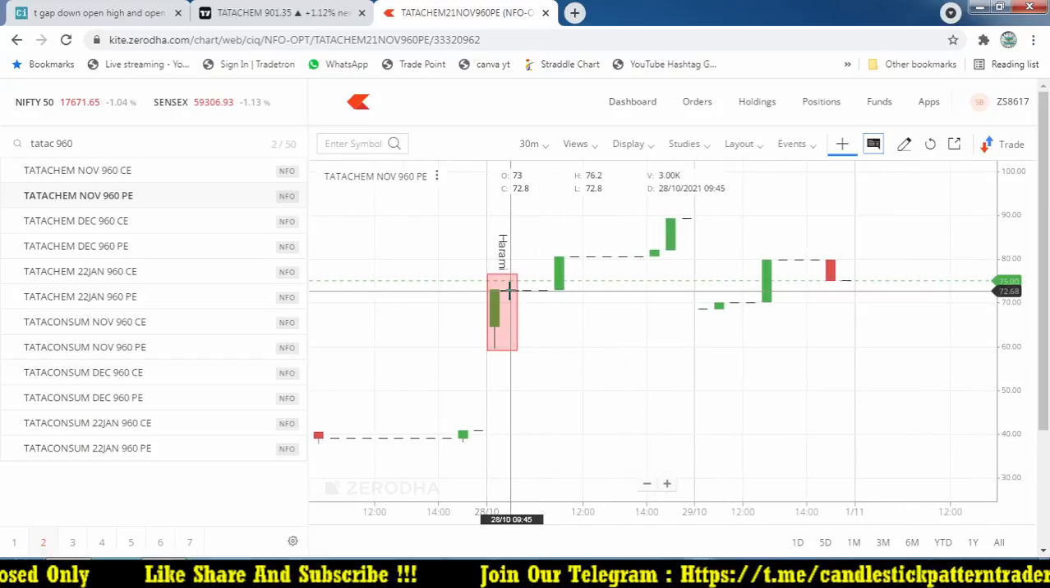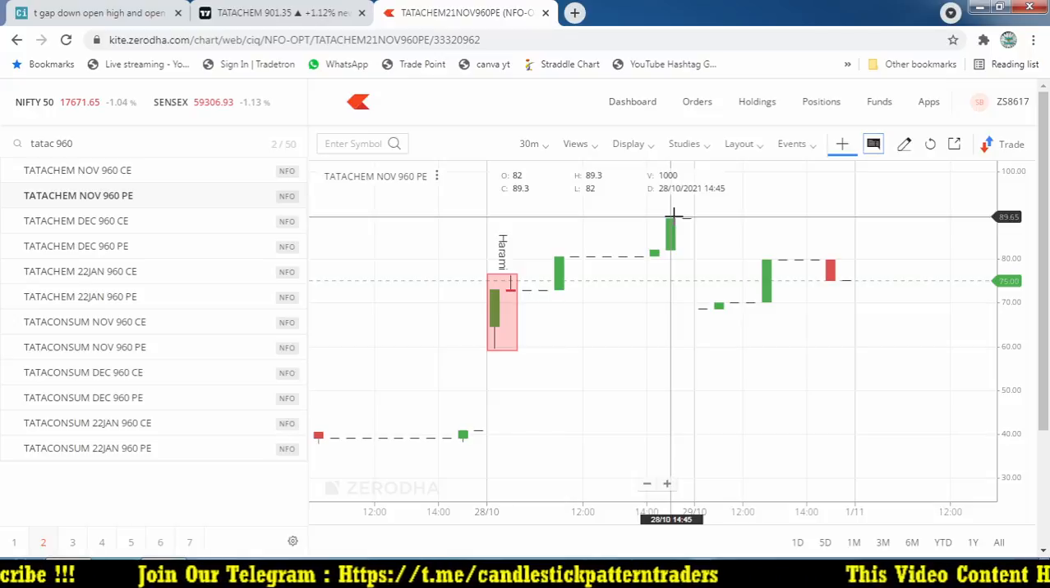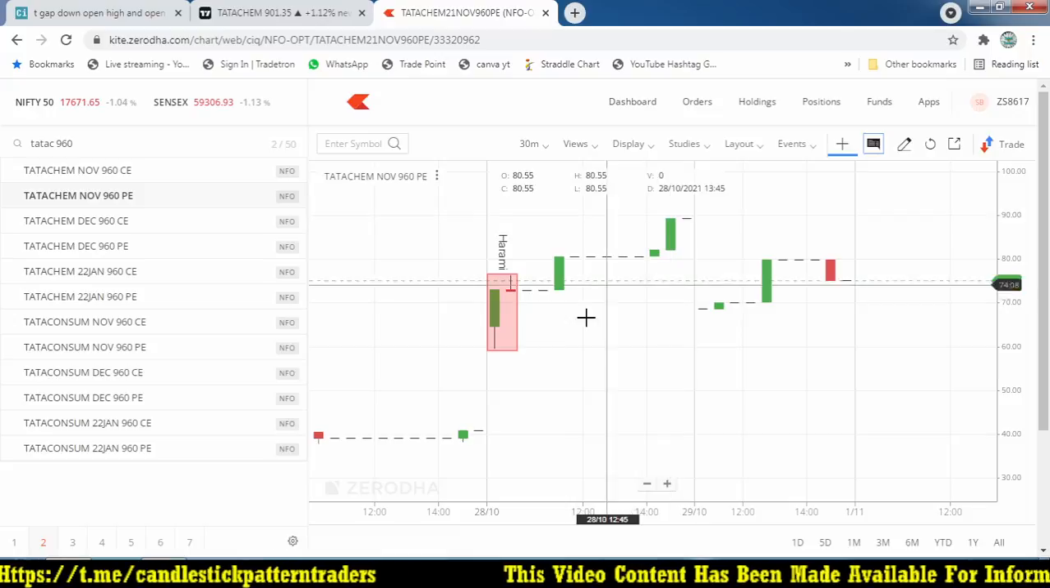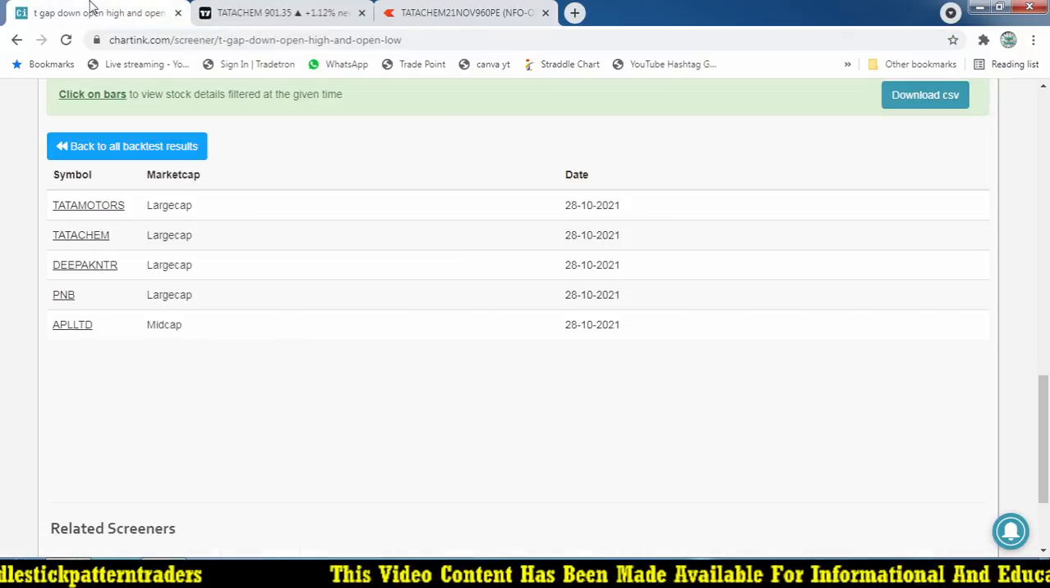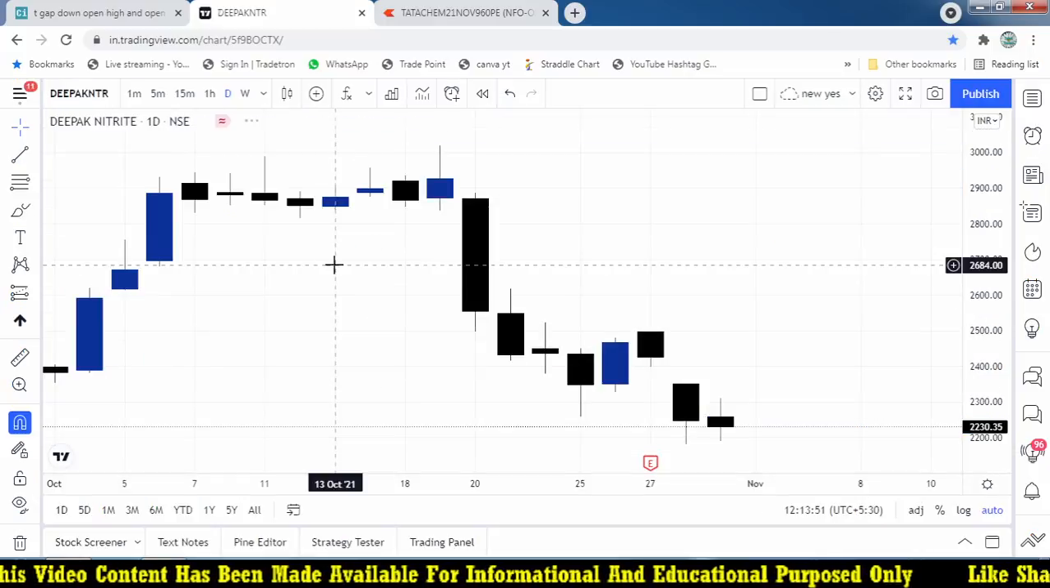So from that particular 72 it reaches the maximum of 89. Such a good opportunity where we are playing with the options also based on this candlesticks pattern. That was working good at Tata Chemical, that was works good. And Deepak Nitrite, so let's say Deepak Nitrite, what happened,